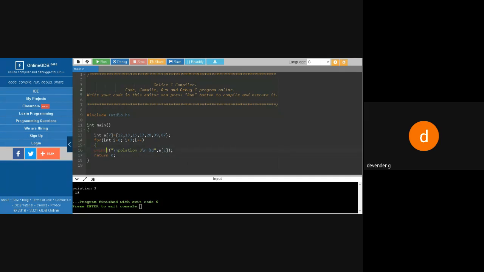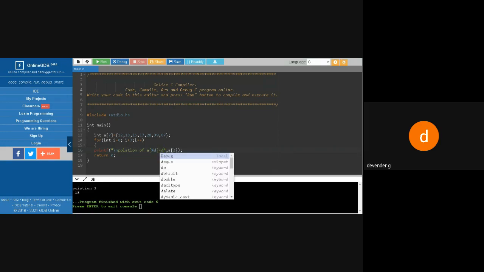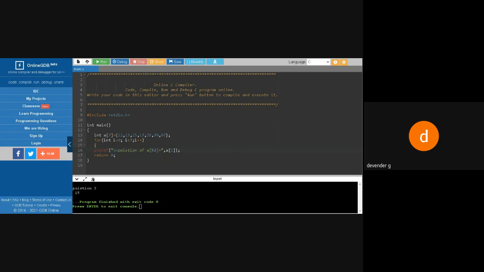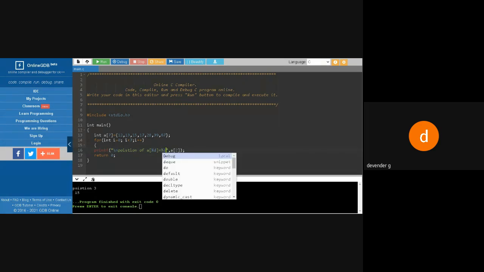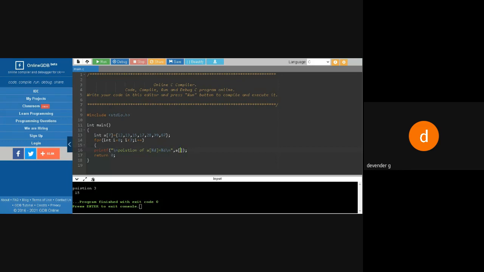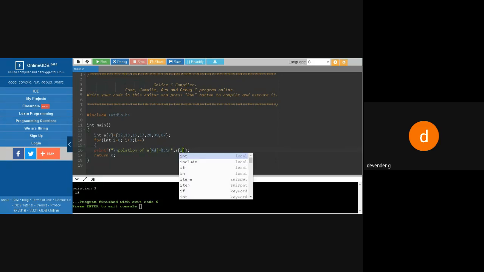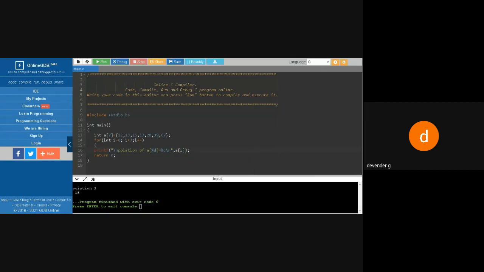So here I'll say position of a of %d equal to %d \n, and here I'll pass the value of i, comma i.